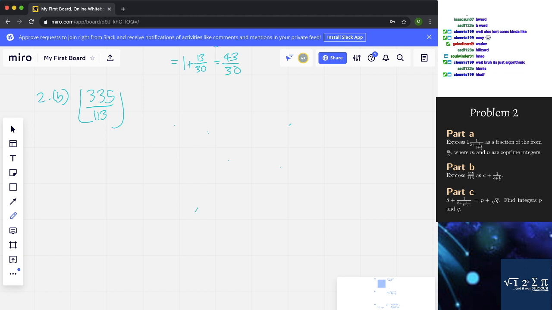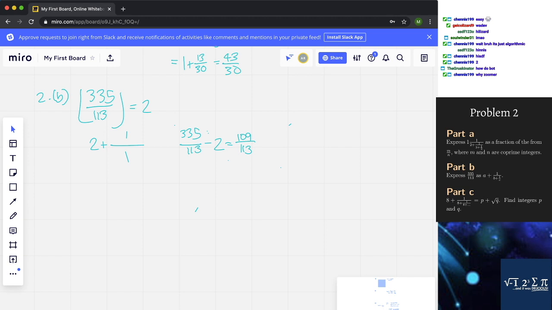Okay, so that's 2. And let's see. So it's going to be 2 plus 1 by something. And if we write this, 335 by 113 minus 2, this is going to be like this. And now we perform the same algorithm, right? So in the denominator here we have,